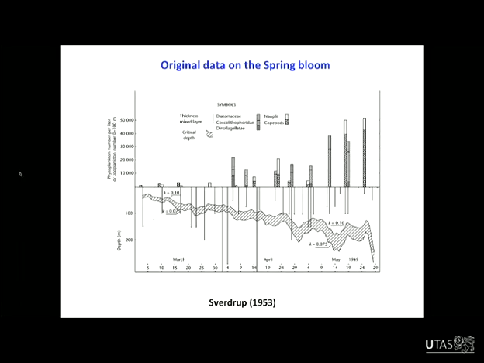And this is the original data that Sverdrup collected. They went out into the North Atlantic and stayed on station for several weeks or months, and investigated the interaction between the mixed layer depth and the accumulation of phytoplankton biomass. The shaded area here is the critical depth, which you can think of as basically the depth to which light is penetrating. These vertical lines are the mixed layer depth, and the column plots up on the top are the accumulation of phytoplankton types, and also of their grazers or consumers.